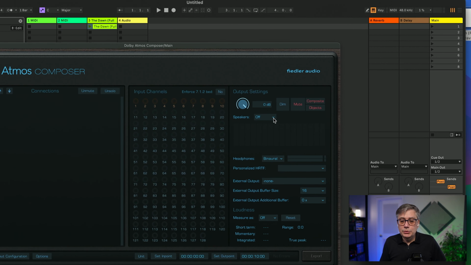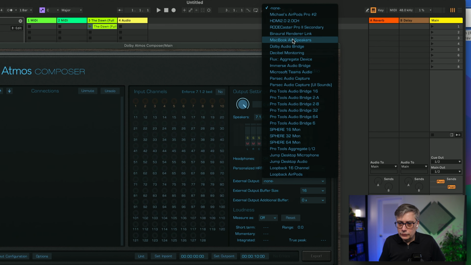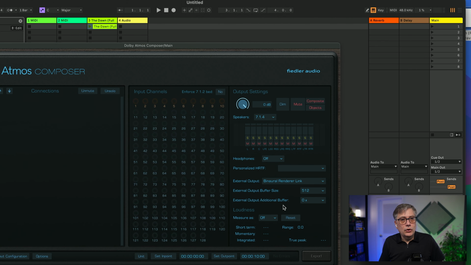First of all, I'm going to switch the speakers over to 7.1.4 because that is what the binaural rendering plugin expects. Then I'm going to turn the headphones off because I'm going to monitor everything through the binaural rendering plugin, or the standalone version of that plugin. And then I'm going to change the external output to the binaural renderer link, and that makes sure that the audio is sent directly from the Dolby Atmos Composer into the binaural renderer from Audio Movers, bypassing the output of